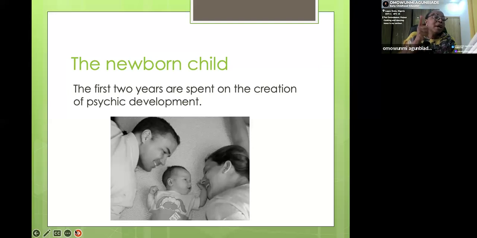It says, because by the age of 6, you have a man. Should I repeat it again? By the age of 6, you have a man in your hand. So those children who are already in primary 1, primary 2, they are men. It is necessary to distinguish between and reflect on the 2 different things in the growth of human. Absolutely very important.